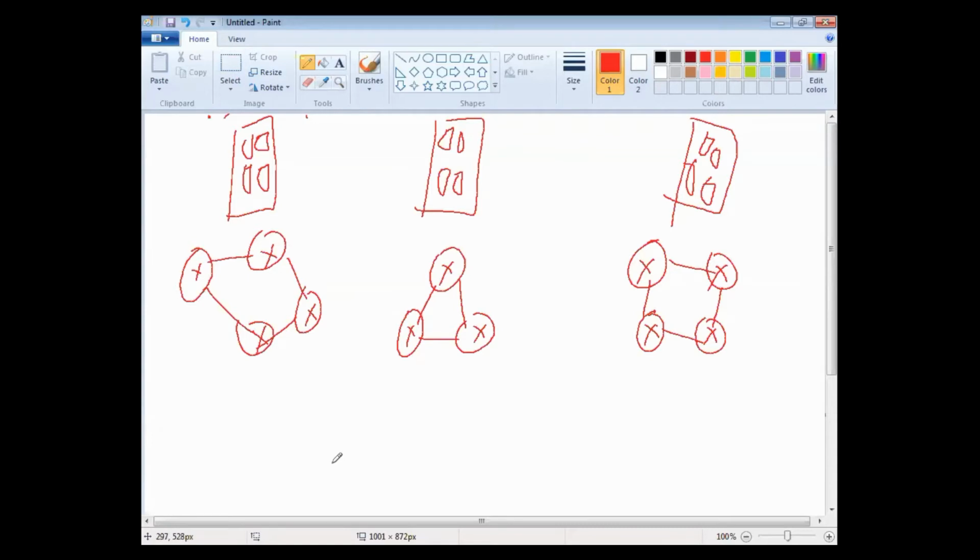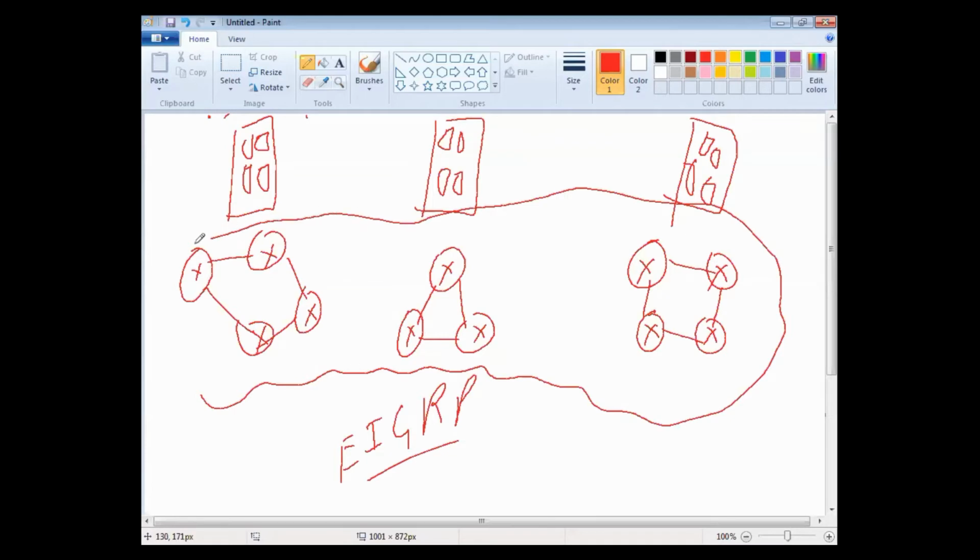So let's suppose we run EIGRP here. In that case, these all belong to a single AS number, let us suppose 100, if they are connected. So if there is a change or anything happens within that network, all routers will send that traffic to all routers here, and there is a drastic update going on in this whole network.